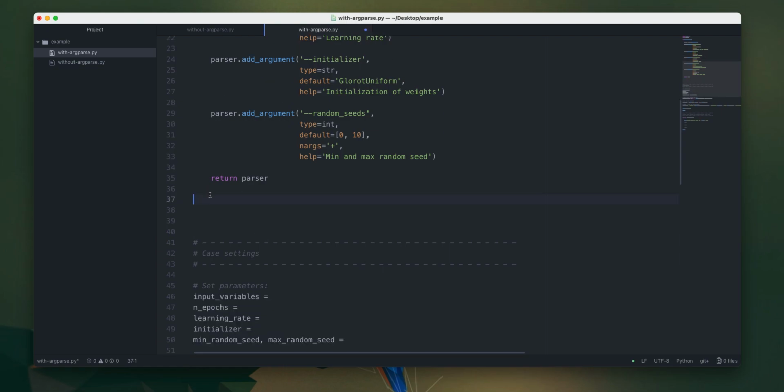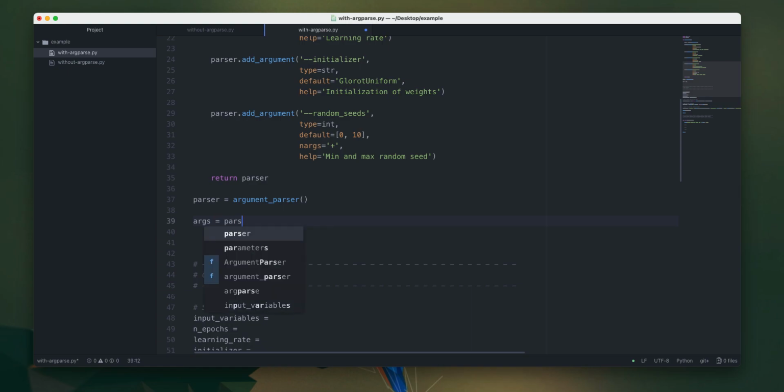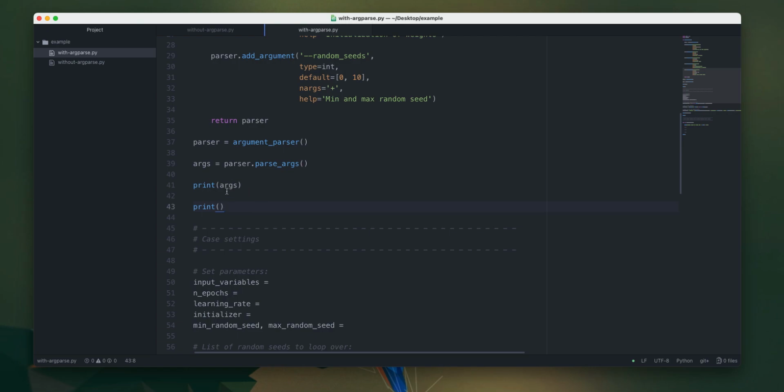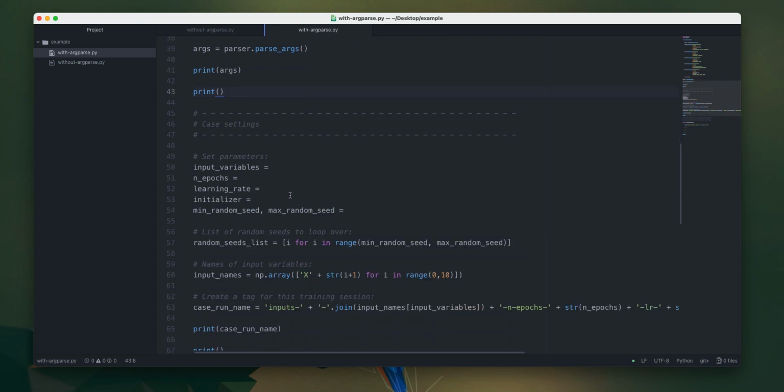So now we're going to capture this parser object by actually executing this function, argument parser, and we're going to parse those arguments. So that's parser, we're going to call this function parse arguments, and we can also print these arguments just so that we have some debugging information,